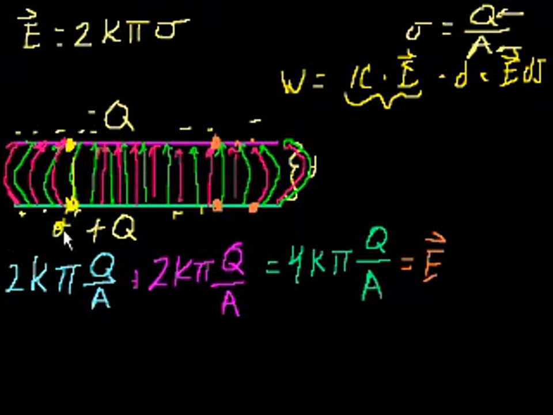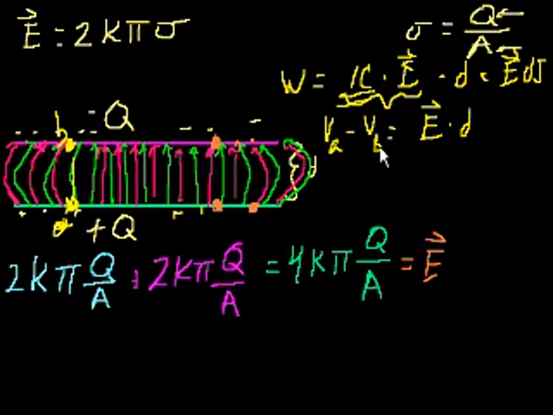Let's call that point A. Let's call that point B. So VA minus VB, which is the voltage difference, that's essentially the electric potential energy difference divided by the charge, or per charge. Well, here the charge was just 1, so we can just divide by 1, and we see that it is equal to the electric field